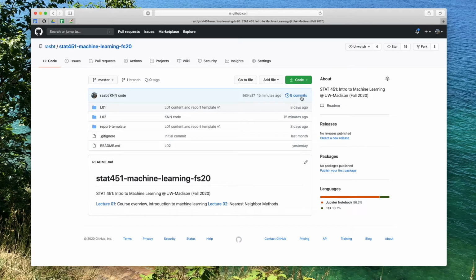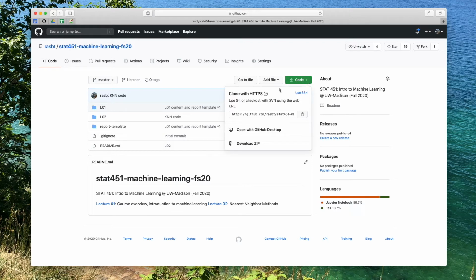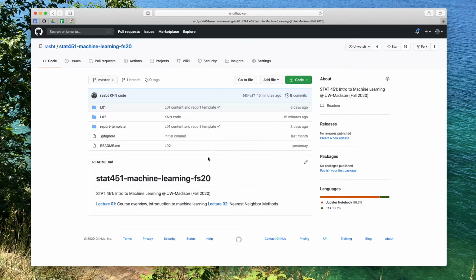Yeah, if you want to download things from GitHub, if you go to a repository like this one here, you can click on this green button and there should be a download zip link and it will download the whole repository as a zip file. Now, like I said before, I will be updating this repository, and if you don't want to re-download the whole repository every time, you can also clone it. What that means is we make a copy of the GitHub repository on our hard drive or on our computer, and then we can update it later on in this course. So I will also show you how that works.